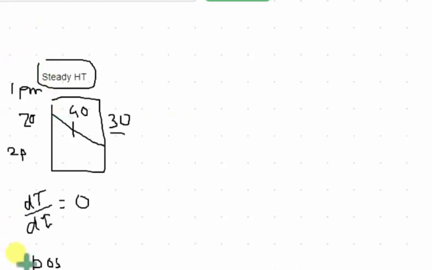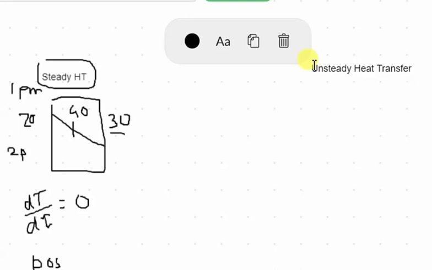We have seen a lot about steady state till now. Today we will start with a new thing, that is unsteady state. Practically, many applications are related to steady state. If you are very clear with steady state, unsteady state is very simple.